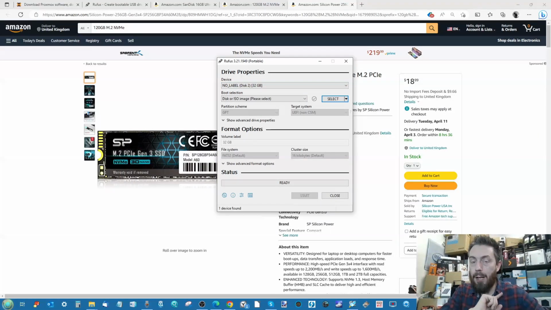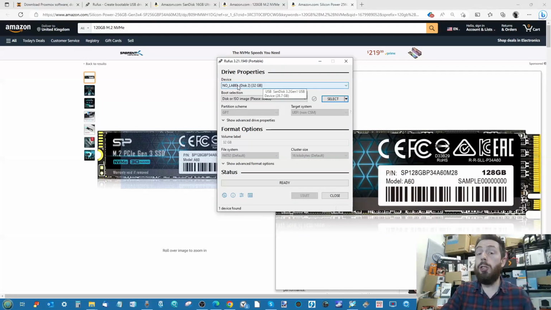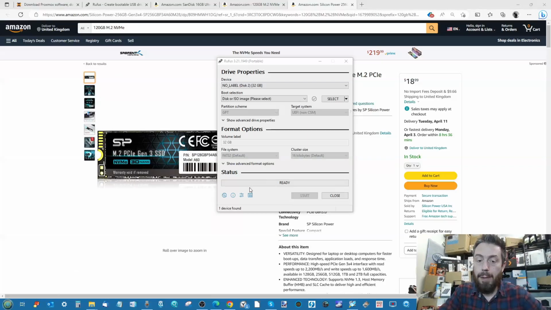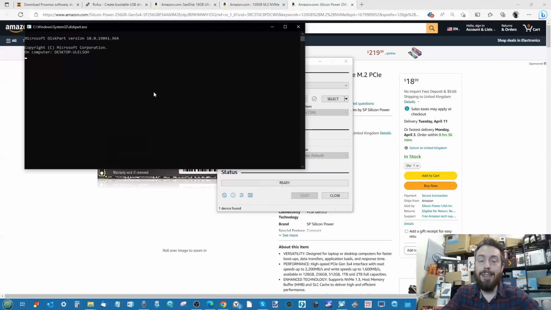Now, this is where DiskPart comes in. If the drive already has a name that you can't change, or it already has partitions, like you've inserted the USB and it's got lots of little sub drives, go to the bottom and again in that search menu type diskpart. Now open up DiskPart. You may see a black screen. That's just Windows looking for authentication.